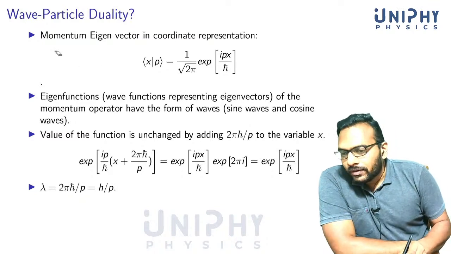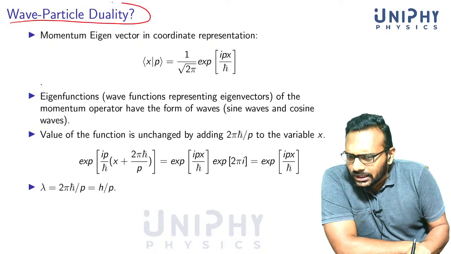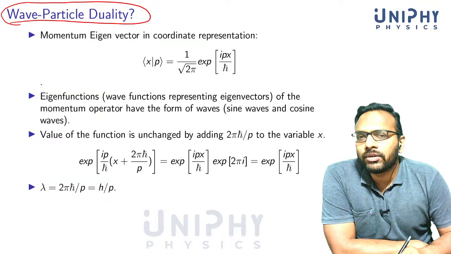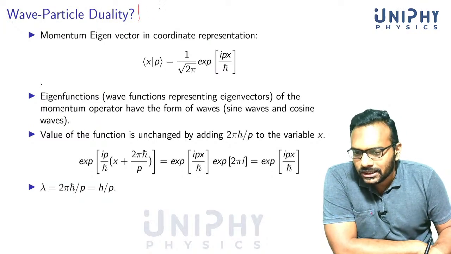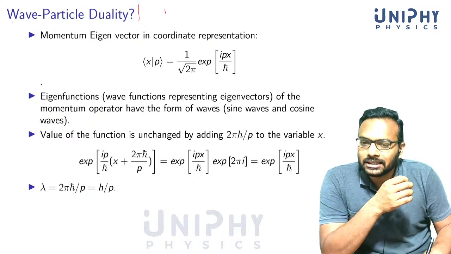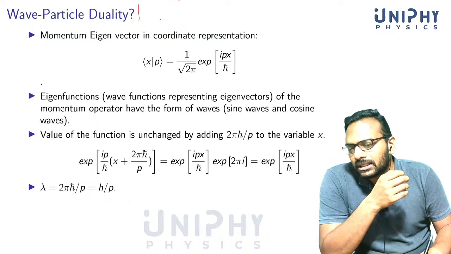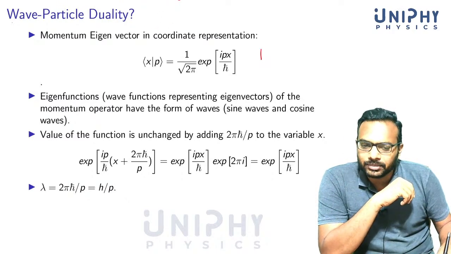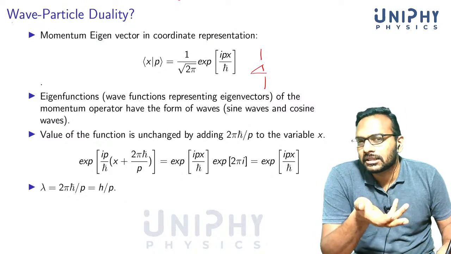So far, you might have wondered, if you study quantum mechanics, usually we start with what we call wave particle duality. I don't know if any one of you was surprised. Throughout this lecture, I never mentioned the word wave. I never talked about wave. Even in the double slit experiment, I said that the electron is in both slits at the same time. I didn't say that electron is a wave or anything.